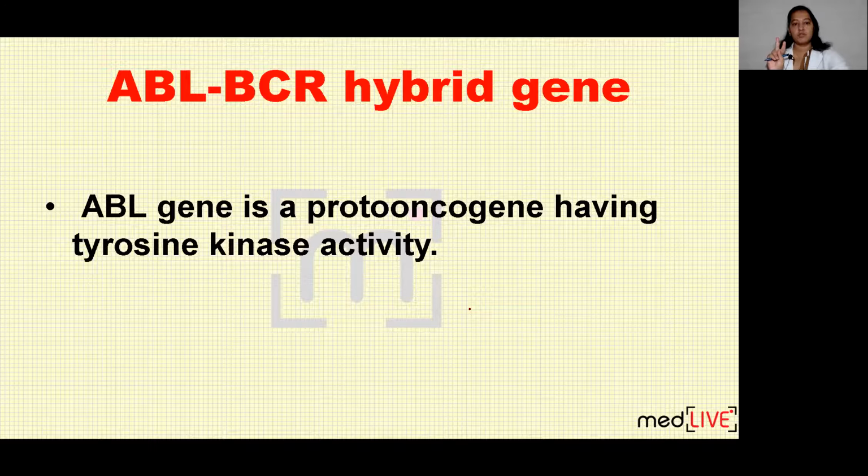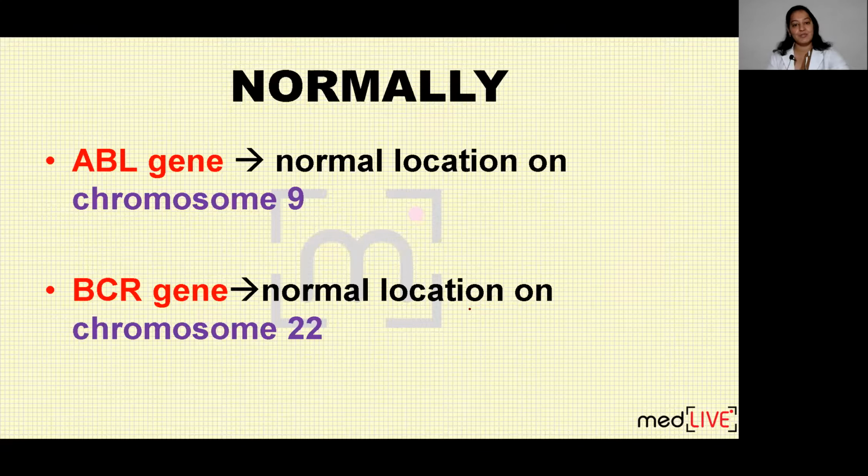So I will discuss two situations. What happens normally, how they work normally, how they work under stimulus. When growth factor comes, they will divide. And what happens in mutation, how mutation occurs, how translocation occurs, and in mutation, how do they cause abnormal mitosis and cancer. So we will discuss two situations. The first situation is normal.